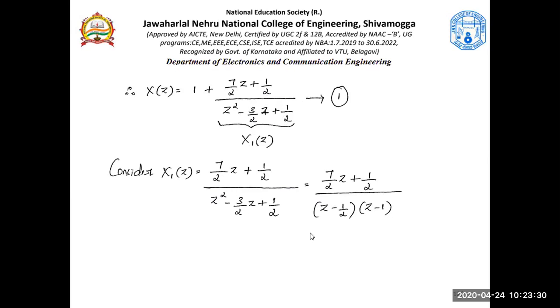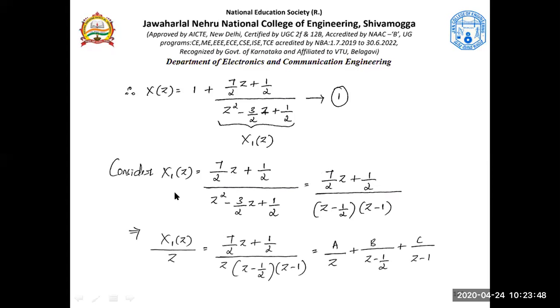Now again, the challenge is to bring a z in the denominator here. How to bring a z in the denominator? We cannot take z common here and bring that here, so that is not possible. So what did we do for that? We multiplied the denominator by z. So this is how it looks. X1 of z is multiplied by z, and these two terms will be accompanied by another z. Why is this? Because I want this z to be in the denominator. This is the very important rule that one should follow. Otherwise, the right hand side will not be able to get into standard form.